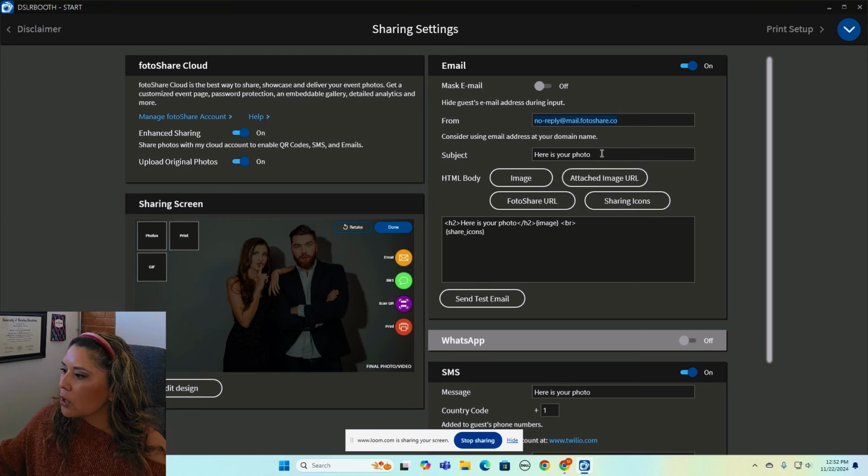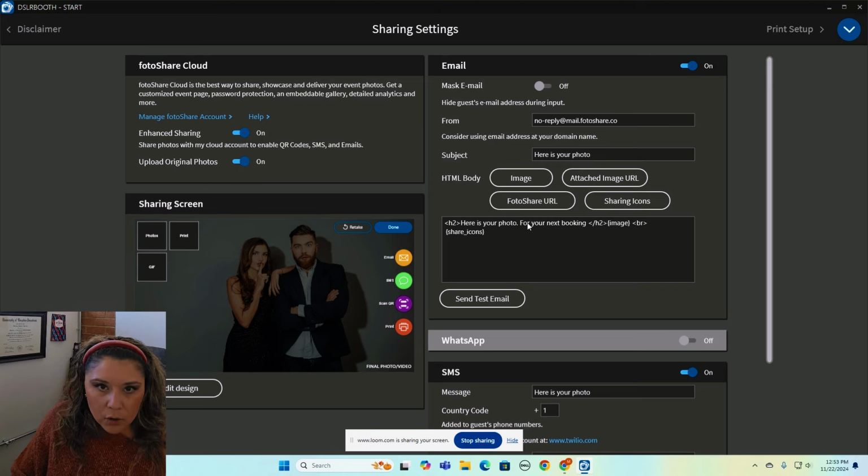Here is your photo subject line. You could change this if you want, totally up to you. Maybe put emojis, whatever. The HTML body you could also change, and this is a great way for a CTA. It's a great way for a call to action. So all these people who are getting their image, their GIF, their video emailed to them, you can have a call to action here. Here is your photo. For your next booking for a photo booth,